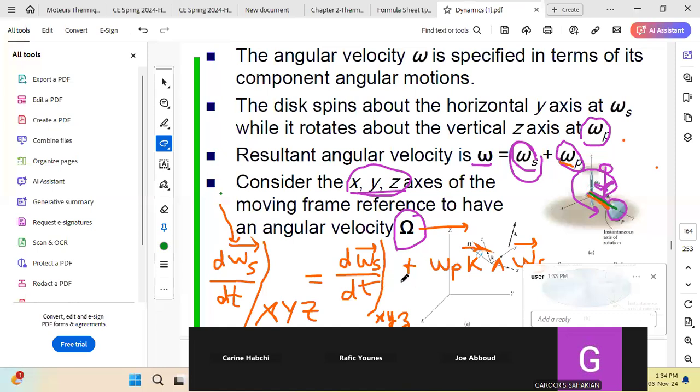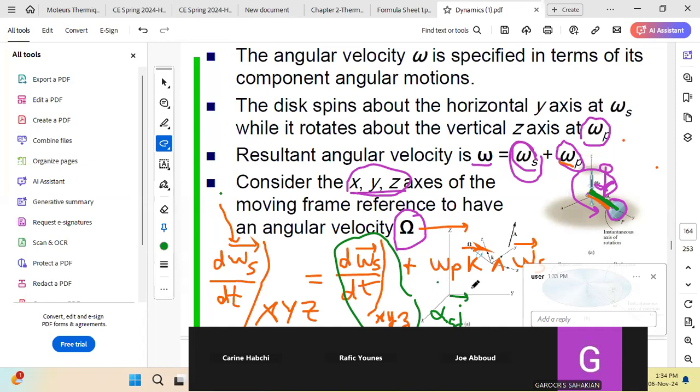So this term represents alpha s, and alpha s is along which direction? It's along y, collinear to omega s. So this is alpha s j,